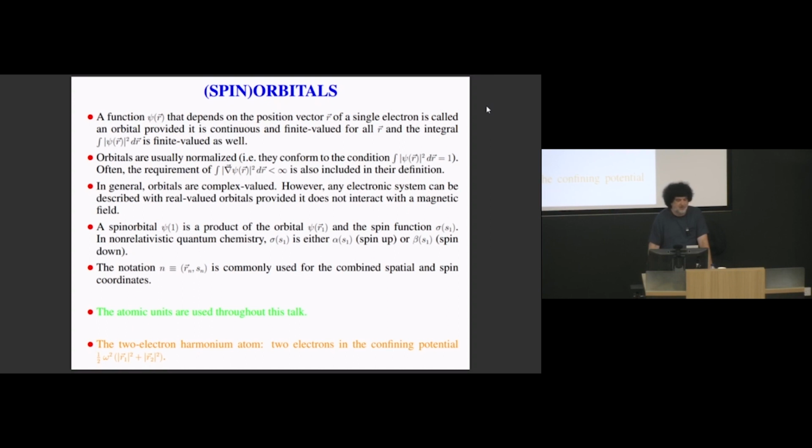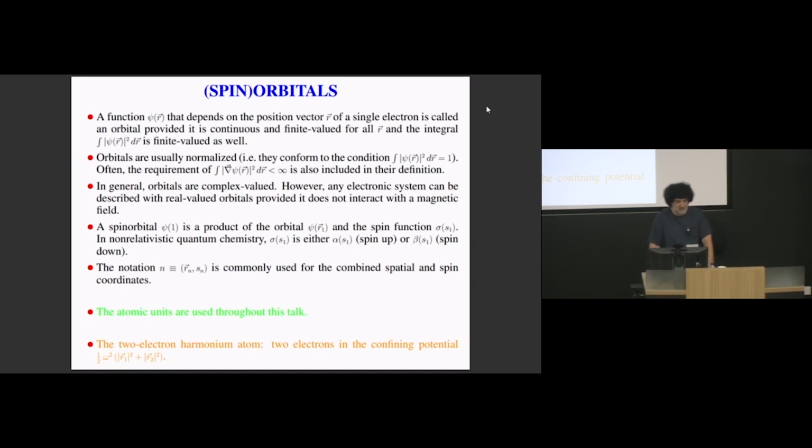An orbital is any function that depends on a position vector of a single electron in the Cartesian space, provided this function is continuous everywhere, is finite valued for all values of vector r, and also very often is square integrable. Square integrability, of course, is needed for normalizability of the orbital, and very often an additional condition is added, namely that the kinetic energy calculated with an orbital is finite, which means that the norm of a gradient